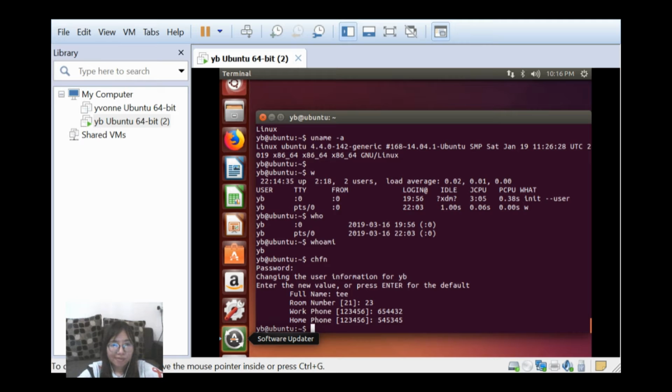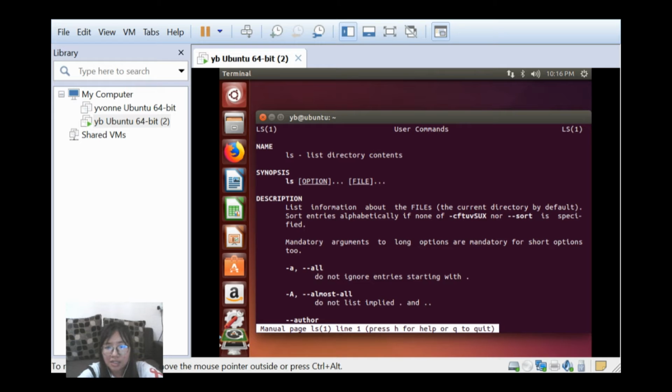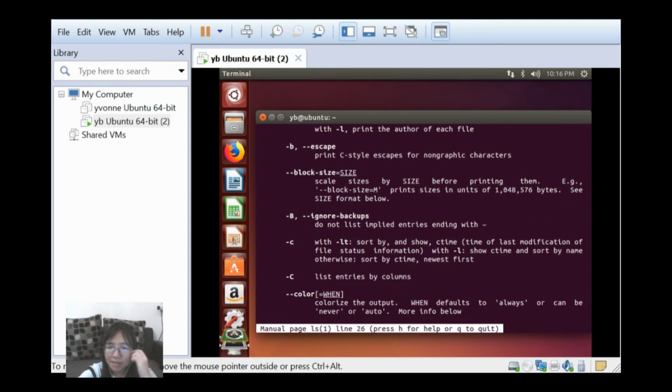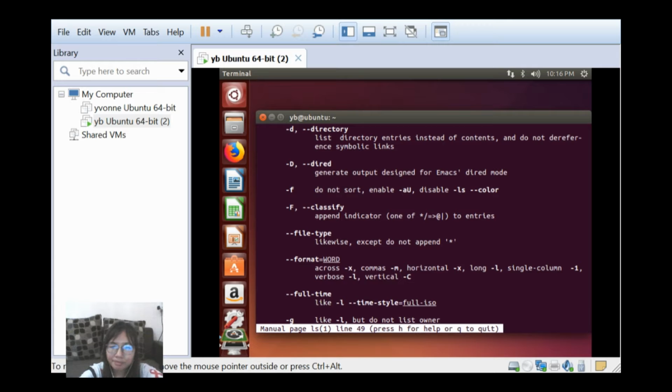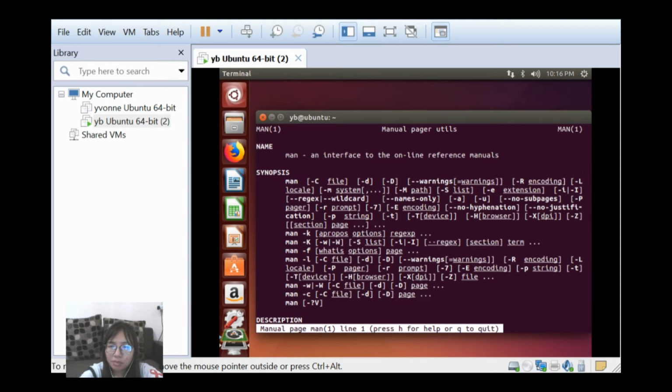Sometimes we get confused about the commands. What is the meaning of the commands? So it's time to use the manual, and we want to see the content of the manual. We can type man ls. There the user command is shown. Press q to quit from the manual interface, and you can also type man. Then you can get the manual page,